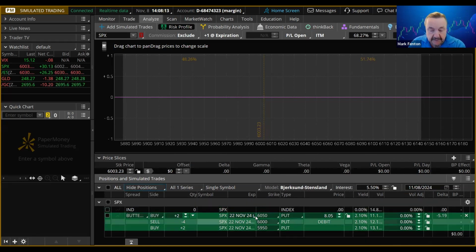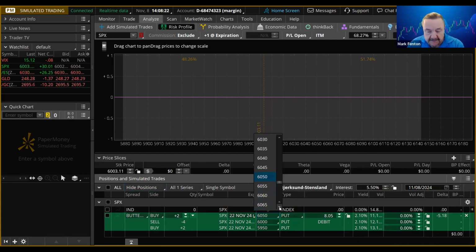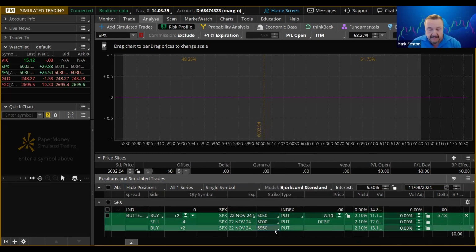All right, so I want to do an unbalanced fly. I want you to see something here. If I do an unbalanced put butterfly, unbalanced means one side will be closer to the middle than the other. So if I have 6,000 as my center, I go up to 60.50, 50 points up, but I go 60 points down. So instead of 59.50, I go to 59.40. Now, I'll make it a one lot. I'm 50 up, 60 down. If I click on it,